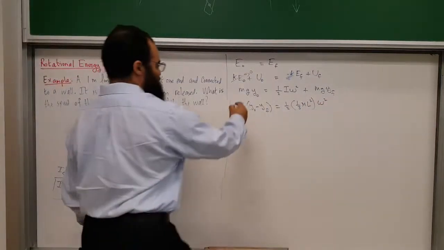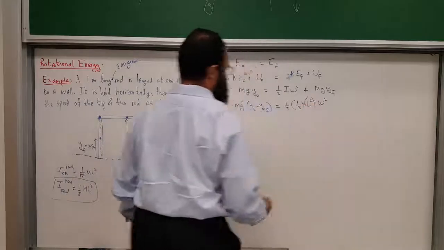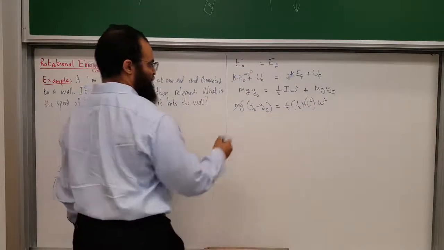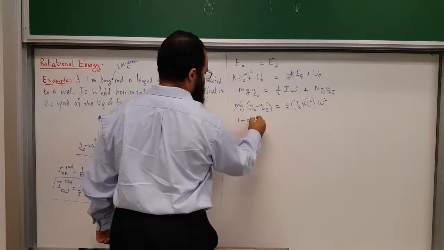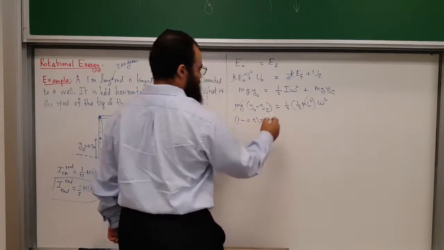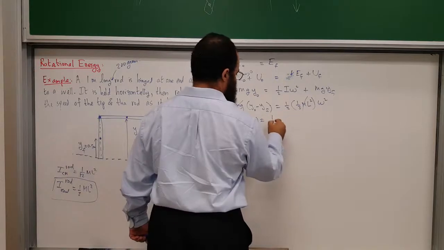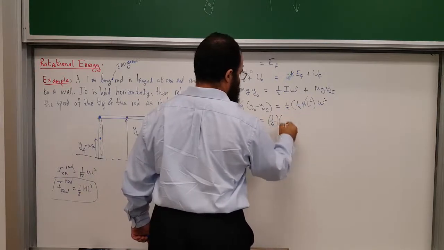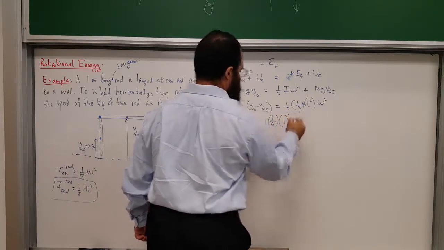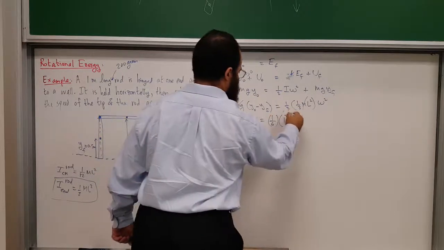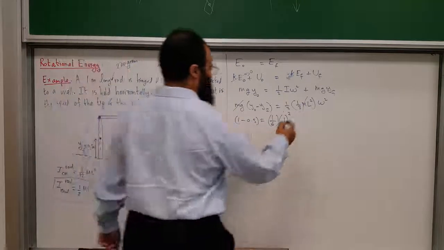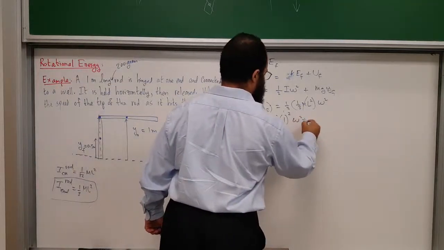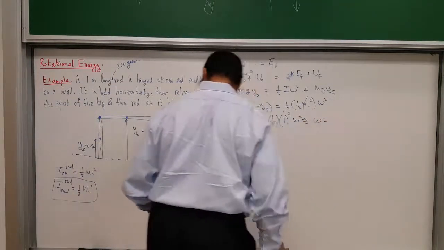The mass here will simply cancel, and I have y initial minus y final, that's 1 minus 0.5, equal to 1/2 times 1/3, which is 1/6. The length of the rod is 1 meter, so 1 squared, and then omega squared is what I'm looking for, and therefore I get omega equal to